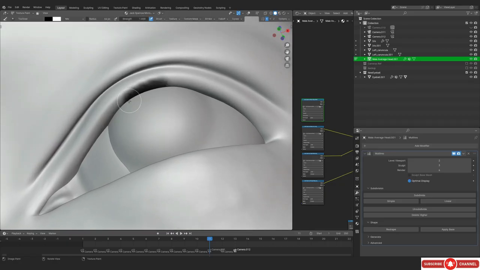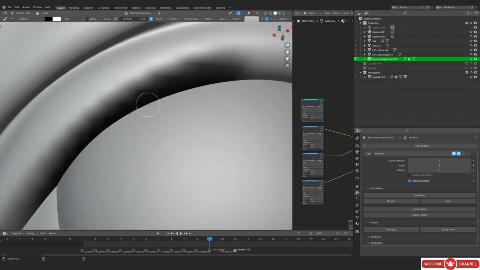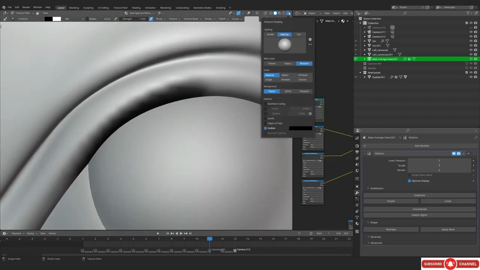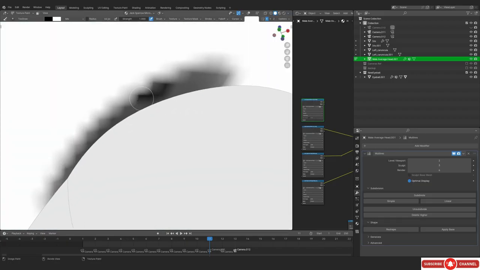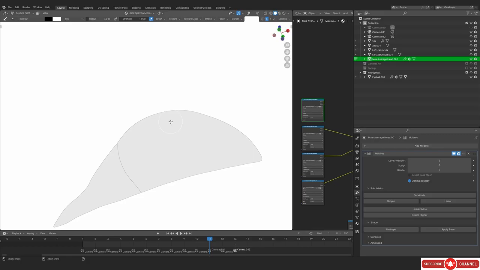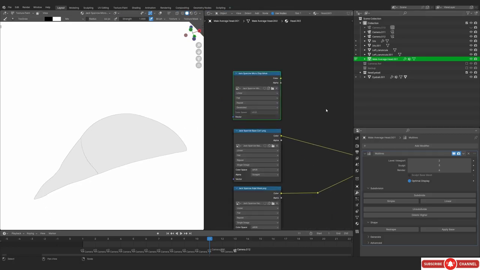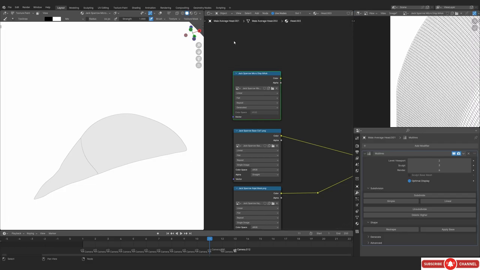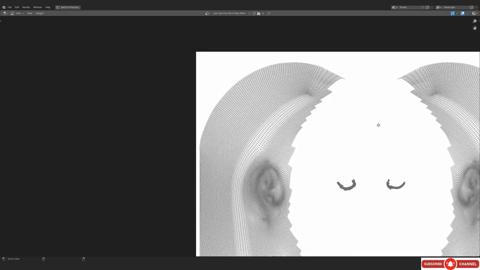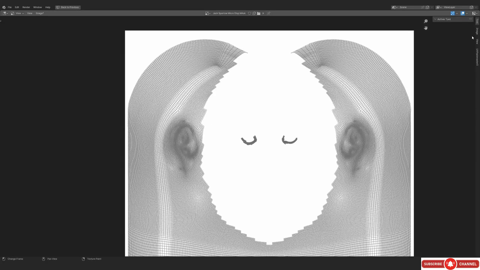So first things first, let's just do the black stuff because we know this part of the area is not gonna have any sort of displacement. So we are actually just gonna be painting it with black. These are some of the easier stuff. We know that this part is not gonna have it. So I think it's better to just paint it out, you know. And if you want to, you can paint in 2D view as well.